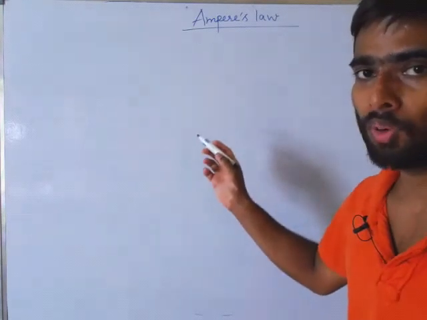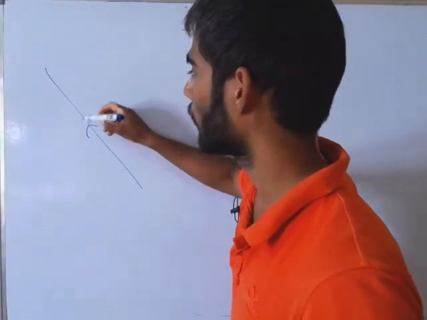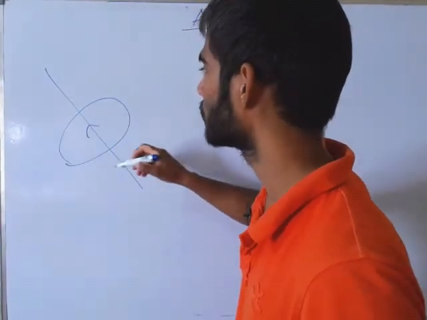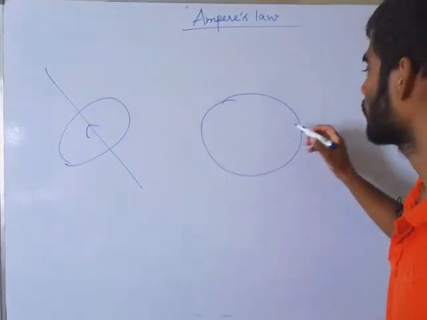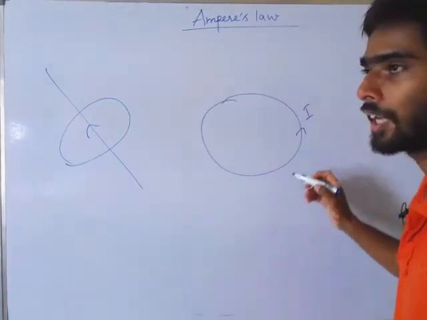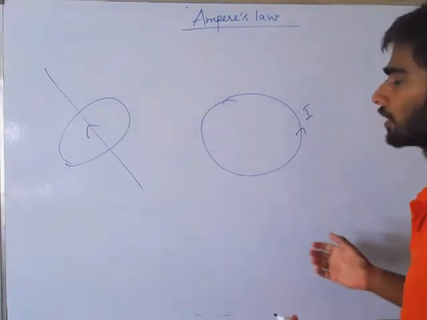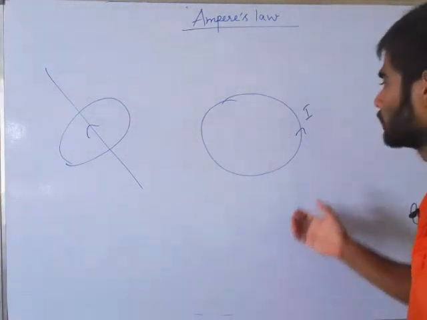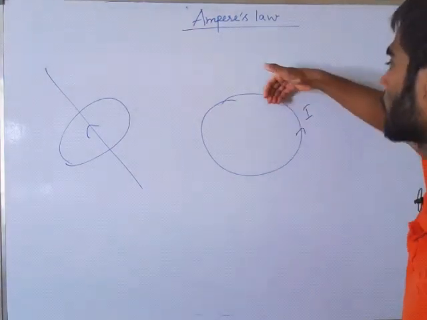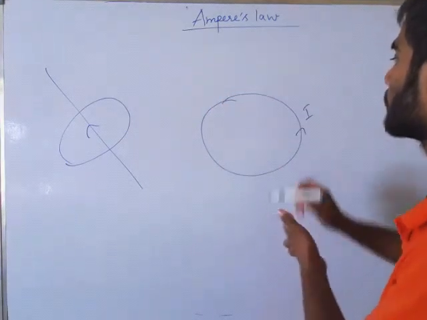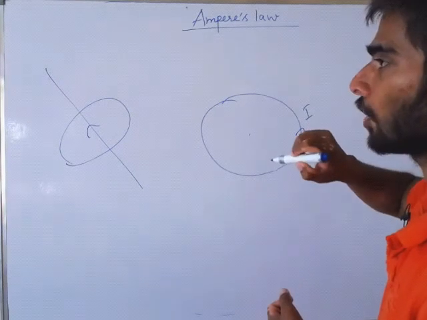Before going to the solenoid I want to ask one question. We know that around a current carrying wire the magnetic field is like this. If the wire is circular and the current is in this direction, can you tell me the magnetic field direction? Yes, of course. In two ways we can say. We know that the current is like this, so the magnetic field will be like this, like this, like this. It means upward, towards me. The magnetic field direction is upward.